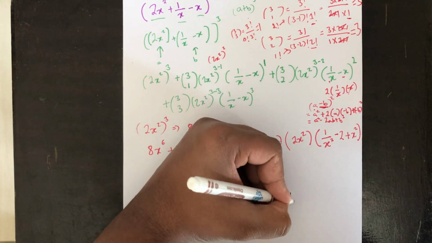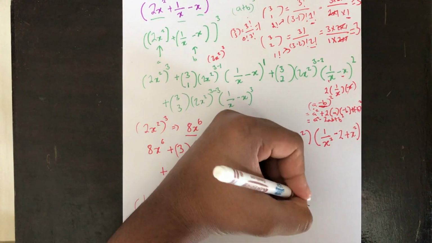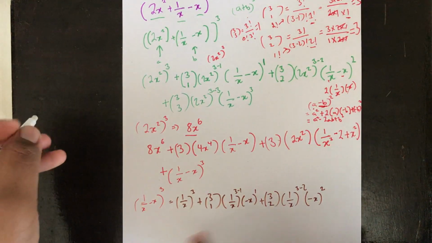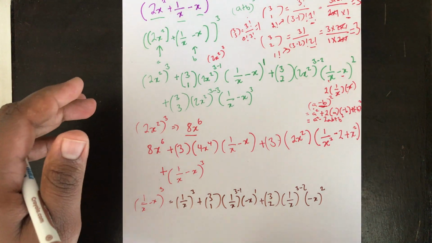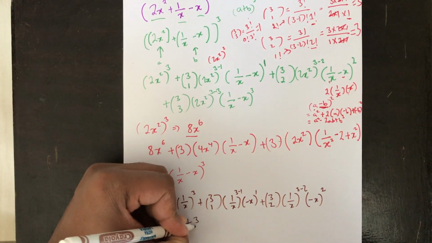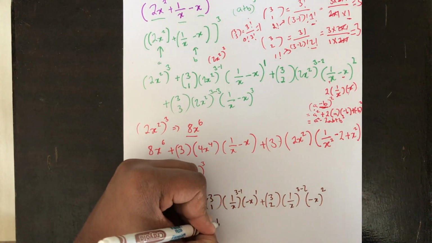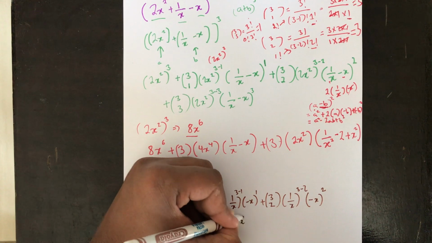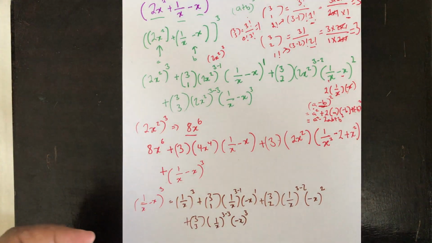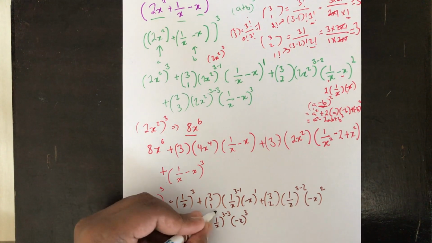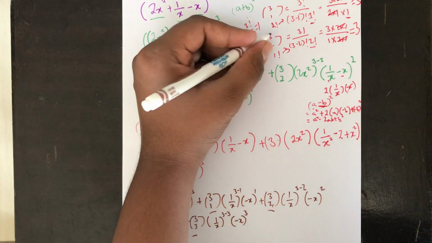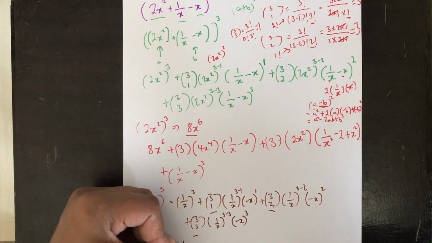3 choose 2 into 1 over x power 3 minus 2 minus x power 2. So it's just basic use of the theorem, so I hope you are able to follow, and I'll complete the last term. So that's 3 choose 3, 1 over x power 3 minus 3 minus x cubed. So that's how I'll be expanding this. So I've got 1 over x cubed, 3 choose 1 into this, 3 choose 2 into that, and 3 choose 3. So I've already got the values of these over here, so I don't really need to do the working out again. So this is 1 over x cubed